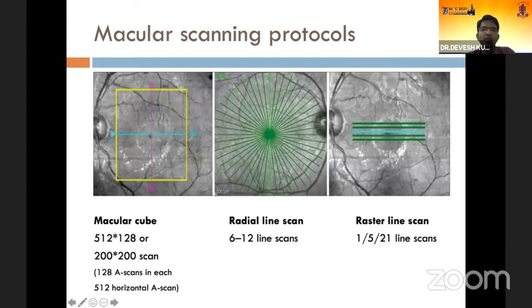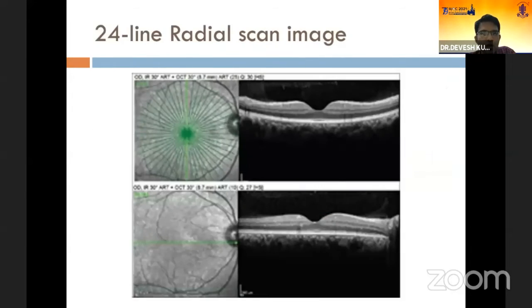The different protocols that we use for scanning the macular area are the macular cube, radial line scan, and raster line scan. A macular cube provides a 3D picture of the macular area, and it can be 6 into 6 mm or 7 into 7 mm or a rectangle of 8 into 6 mm. Radial line scans can have 6 to 12 line scans at equidistant angles. And raster line scans can be a single raster line or a 5 raster line or a 21 raster line. So this is how these